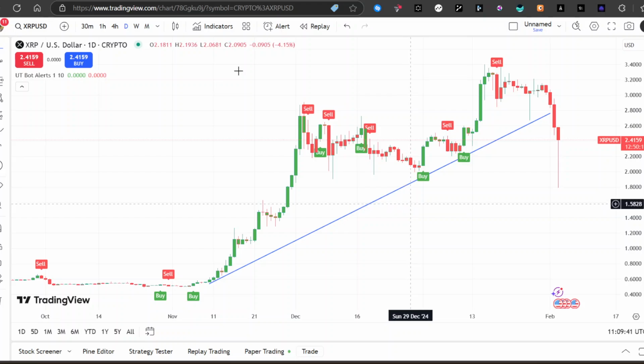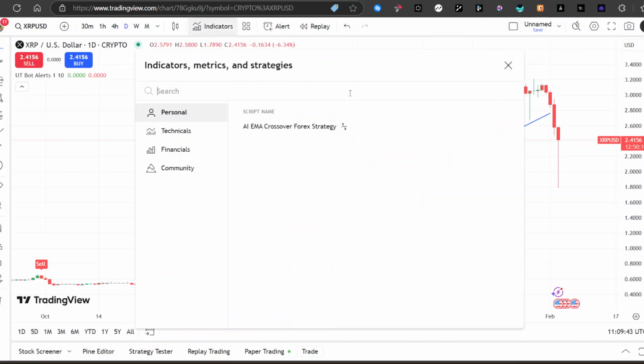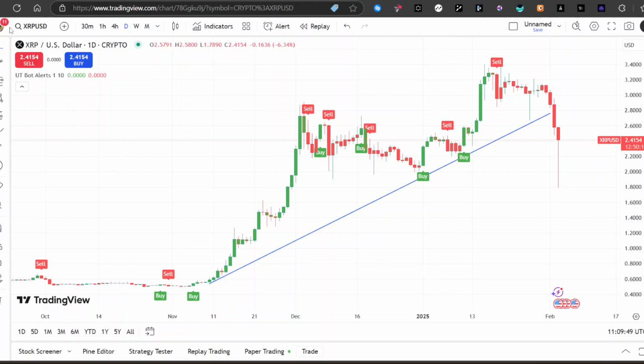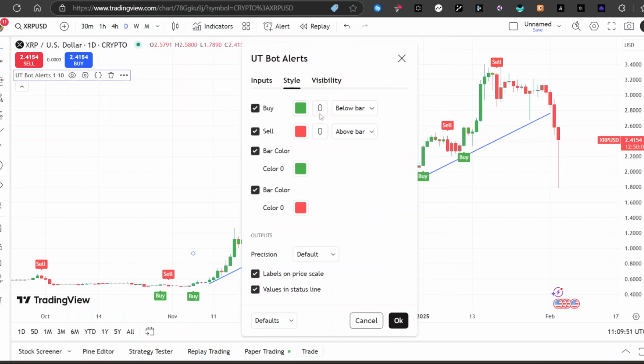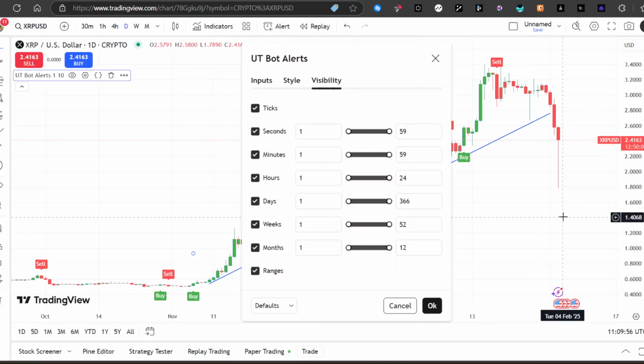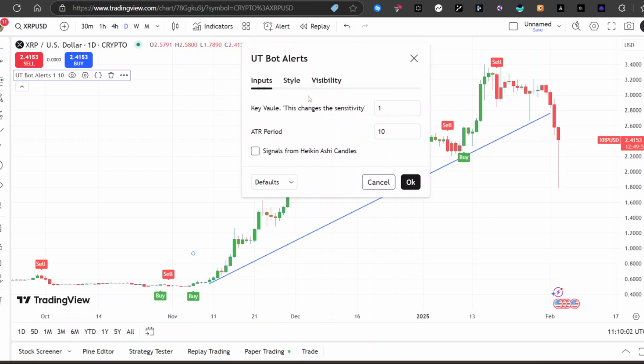However, if you're using TradingView, you can just go to the indicators section and search for it. When you search for it, you can click on it and it's going to add it to your chart right away. Once that's added to your chart, you can change or modify the settings as you wish. Depending on your trading style, you can adjust the settings for better signals. Higher sensitivity gives you more signals, while lower sensitivity filters out